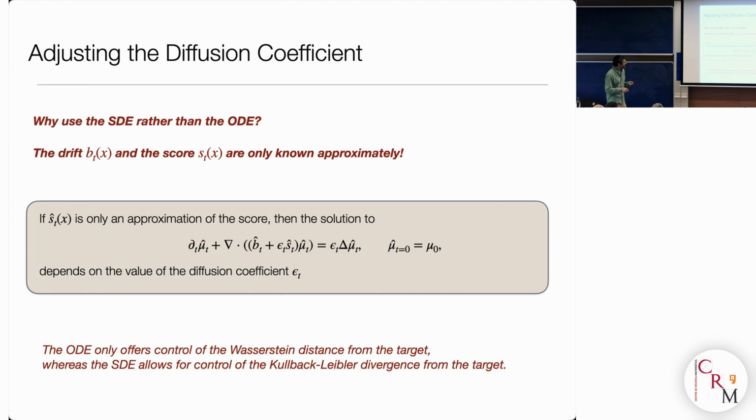Okay? And so this means that the choice of epsilon here, given beta hat and S hat, the score and drift that you have learned, will affect the result that you get from a generative model, because of estimation error. Okay? And so the question is, how can you sort of optimize this? How can you optimize the epsilon t, the noise, so the level of diffusion coefficient that you put, in such a way as to minimize the impact of the estimation error on the generation error? Okay, so let me explain this to you in a few slides.